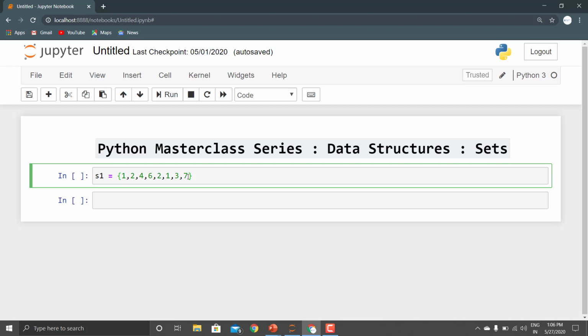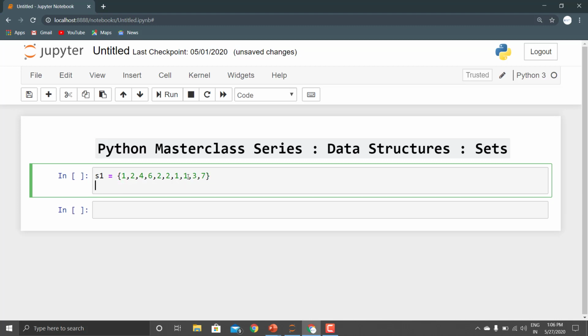But for the explanation, I'm going to use the integer values. As you can see, we have 1 and 2 repeating 2 times. So let us add some more, 2 and 1 also.